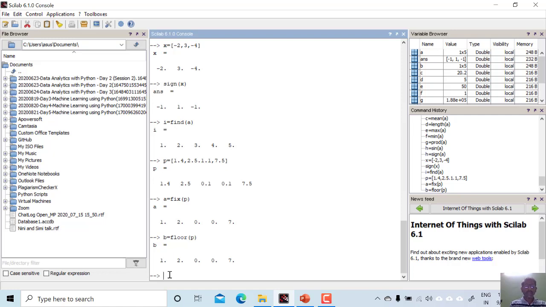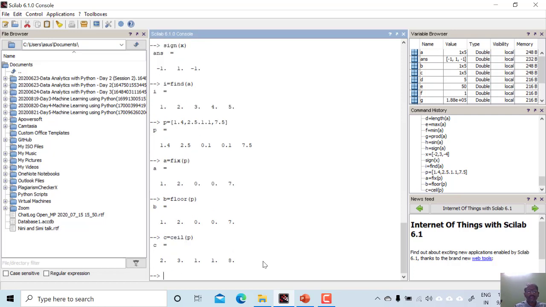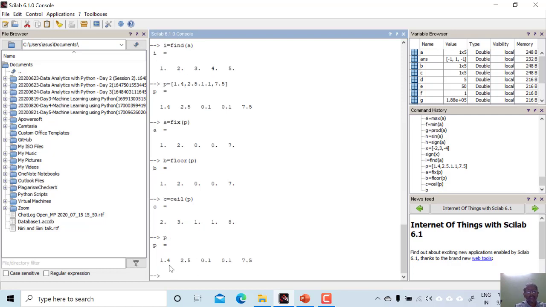If we want to know the upper side integer, we will use the ceiling function, CEIL. I think the spelling is right. If we use the ceiling command, we can see the actual number was 1.4, so the upper side is 2, for 2.5 the upper side is 3, for 0.1 the upper side is 1, 1, 8.